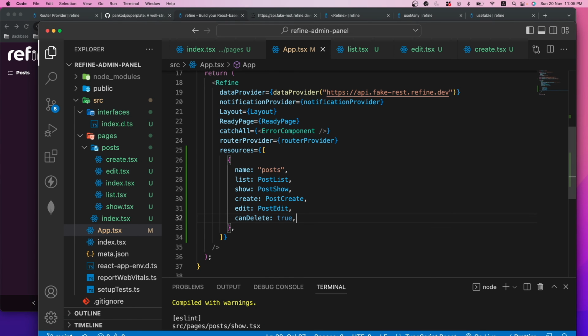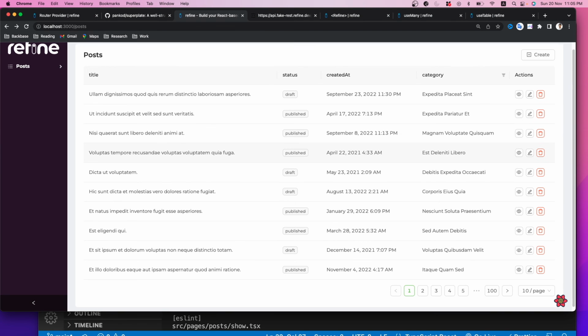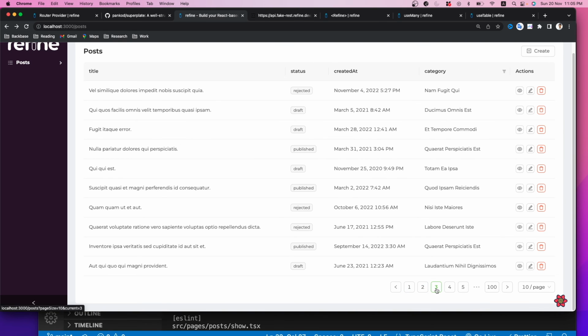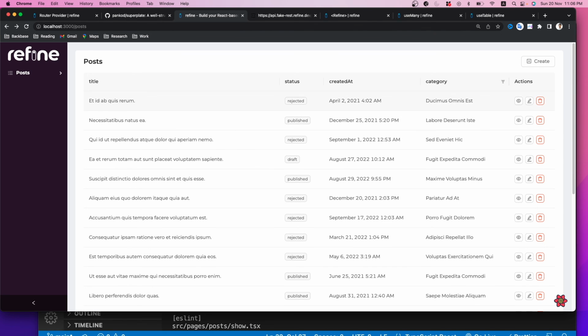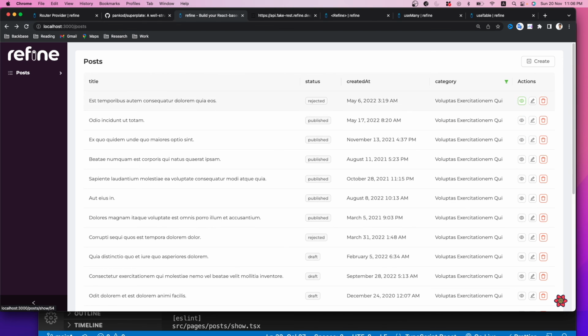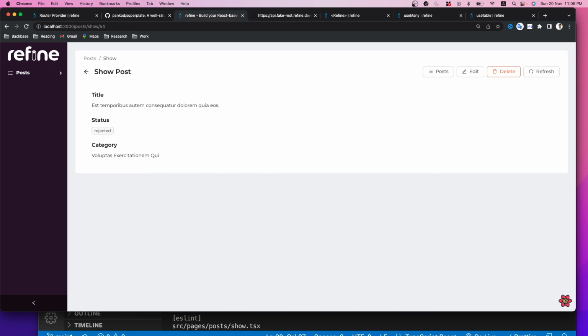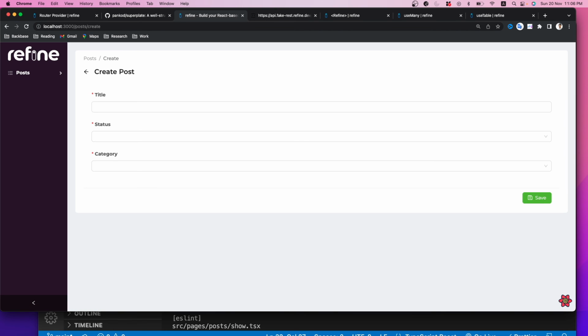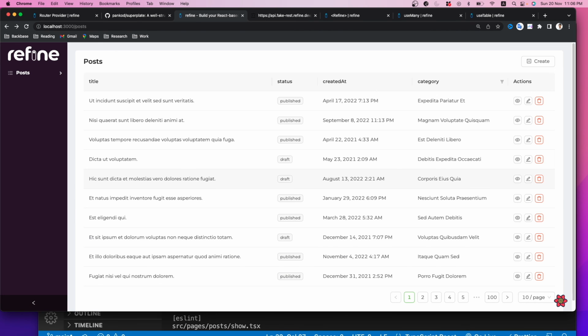All right, so now we have built the complete CRUD functionality, and we also have the admin panel. Now let's go and see it. So we have the list. This is a post list component, and then we also have the pagination. We also have the posts per page. Then we have the action items, and we have the filter option on the categories. So we can select and then we can filter. Also, we have the action items to view the post. We have the delete. We can go back to the post. We can delete it. Then we can create a new post,